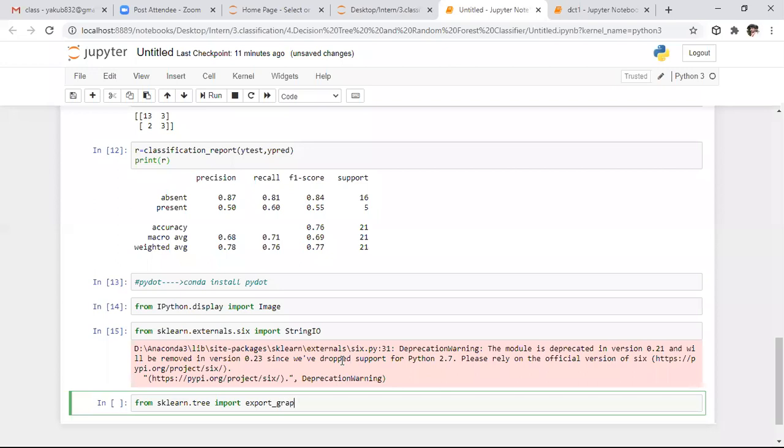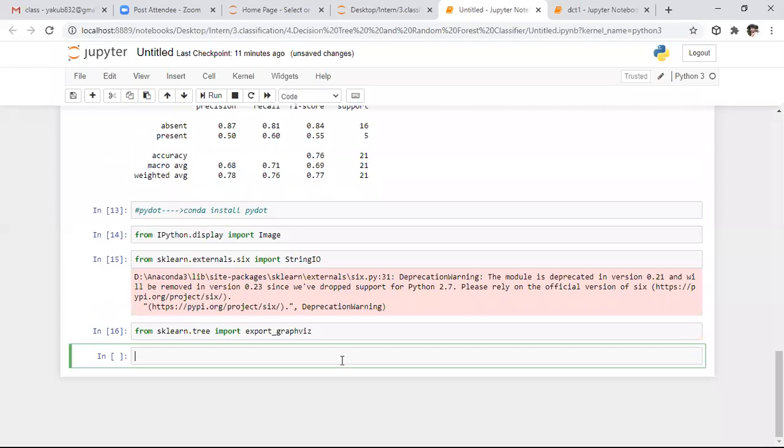Not GlueVis. Here we need to import GraphViz. It's a package which is used to visualize any graph. So here we need to take help of this GraphViz. Export GraphViz. We need to export GraphViz. Okay, yes, good. It is also present in my laptop.